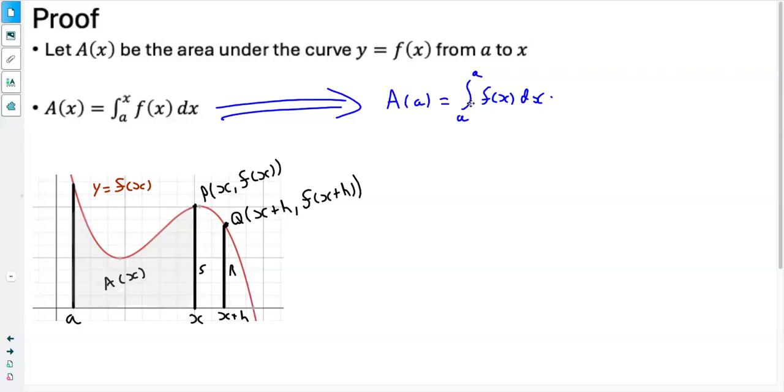Now, if we're going from a and ending up at a, we know that that is 0. Where if we say we've got A of b, and that's our integral from a to b of f of x dx,